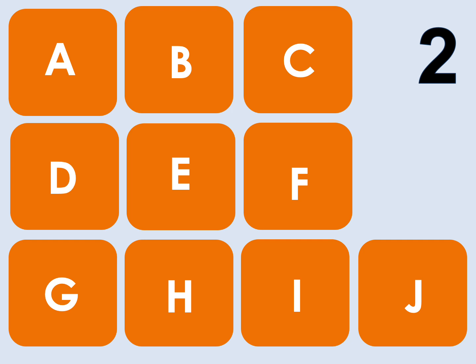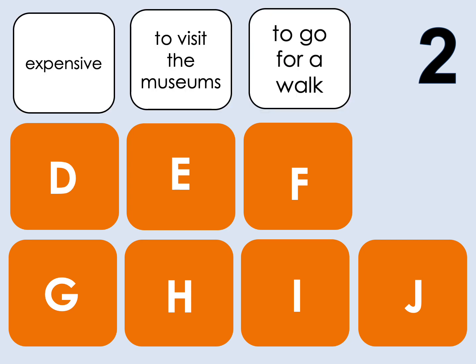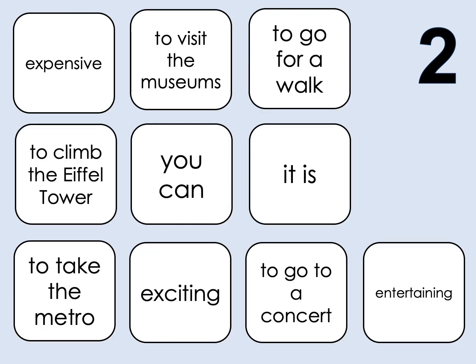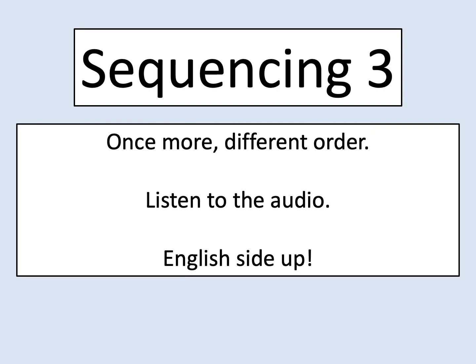Divertissant. So again, if you're not quite sure, you might want to pause and do a quick rewind. That's absolutely fine. But the answers are just going to pop up here now, and that should be the order that they appeared in. We're going to do one more round of this. So I would pause now, lay your flashcards out again, English side up, jumble them up this time, and just get ready for the last round of this.